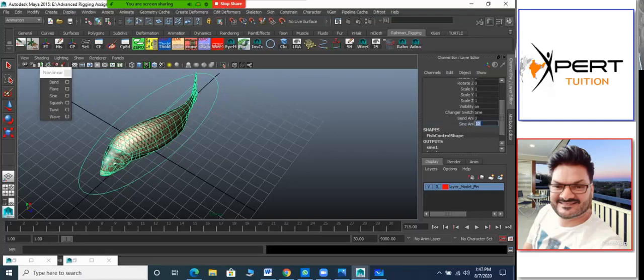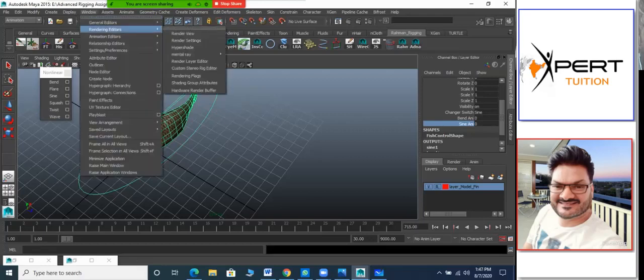I told you that you can use the connection editor directly, because that offset also works from plus 10 to minus 10, and we also created plus 10 to minus 10. So the connection editor is a direct connection, right? 1 to 1. So 0 to 10 and 0 to minus 10. It will easily work. So we don't create 3 keys directly. We can use the connection editor and connect. So Windows, General Editor, Connection Editor.